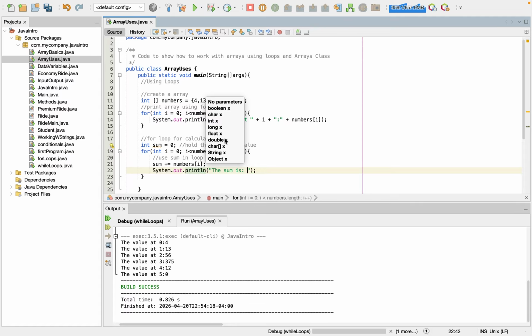All right. So first, what we're going to do is create our value of target. We're going to say our target is 12. And other than that, we're going to say that we're going to be looking for this value of 12. So if we go in our for loop and we do a conditional statement, what we're going to do is say if our index in numbers is equal to our target,